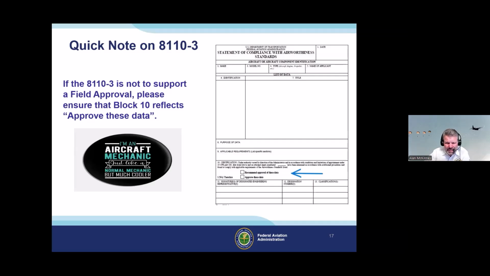Then Block 10, you see the options for the DER: recommend approval of these data, the top one, or the lower one, approve these data. If they check recommend approval of these data, guess what? You still have to do a field approval because they're not approving it. So you wrote a check and they checked the wrong block. So if you are paying for this, you need them to check approve these data because then you can install this with standard practices. But even though it's DER data, Block 8, it's still going to have to be recorded